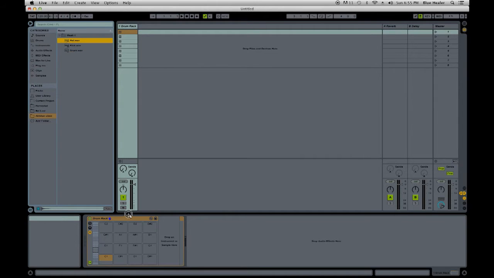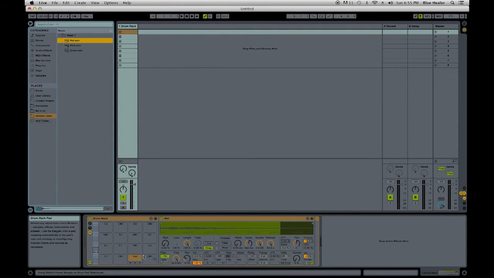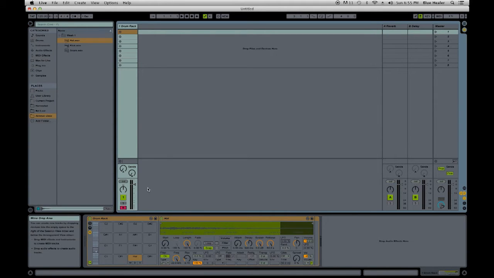So let's bring the hat in. I like to bring it over here on D. Now, if you're using a MIDI controller that has those 16 pads, if you tap it right now, it won't do anything. This button down here, at the very bottom of this track, is the arm button. It turns it on for recording. You're going to use that if you're recording MIDI, like this is MIDI right now, or if you're recording audio in, really anytime. That just makes the track active for inputs. So now that it's armed, if I hit the same pad,